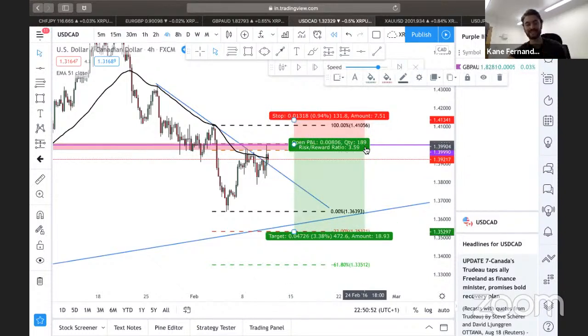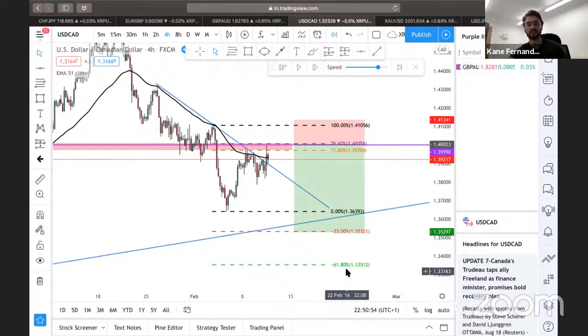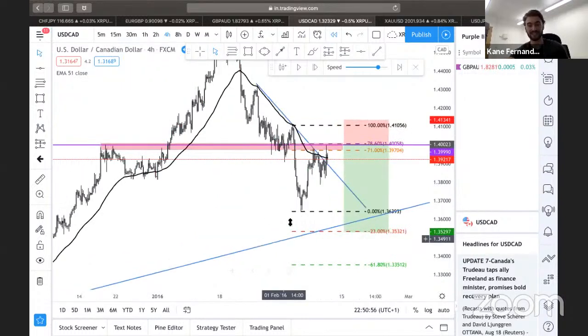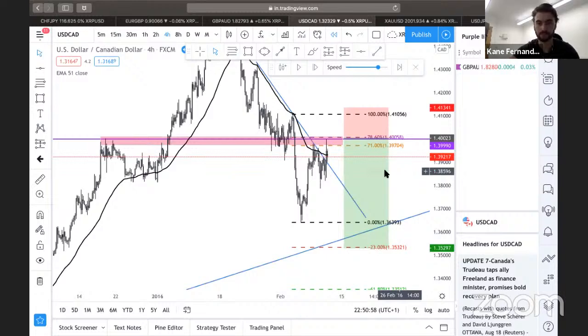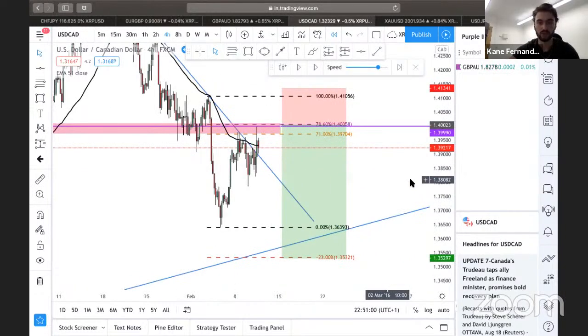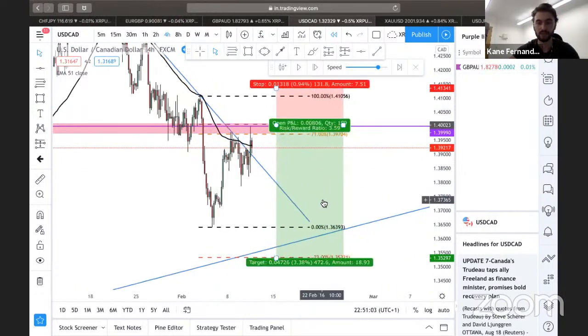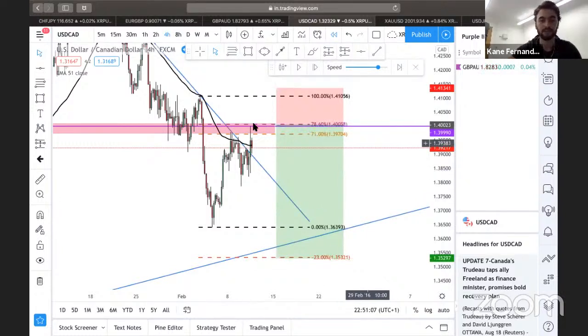I wouldn't be trying to sell it down to minus 61.8 purely for the fact of this significant trend line that we're trying to sell into. So I wouldn't be trying to take my profit there. So this would be my R3 to 3.59. Right. And I would have waited for, let's say, I can't see a 2 hour time frame, but I would have looked down there for you guys to understand what I've been looking for. Let's say 3 2 hour rejections, and then I'd look for an entry.